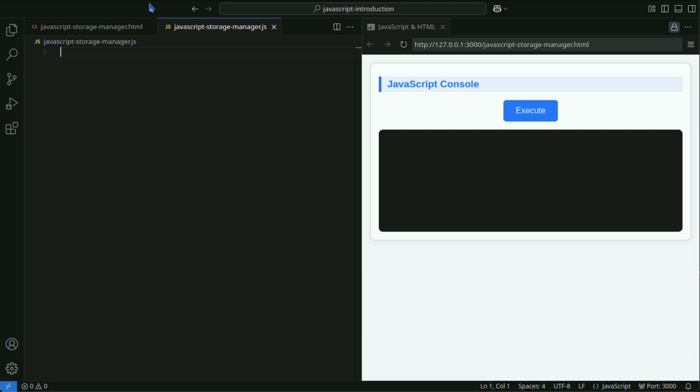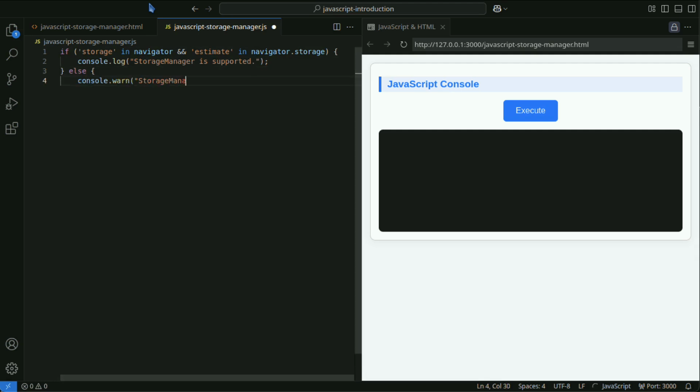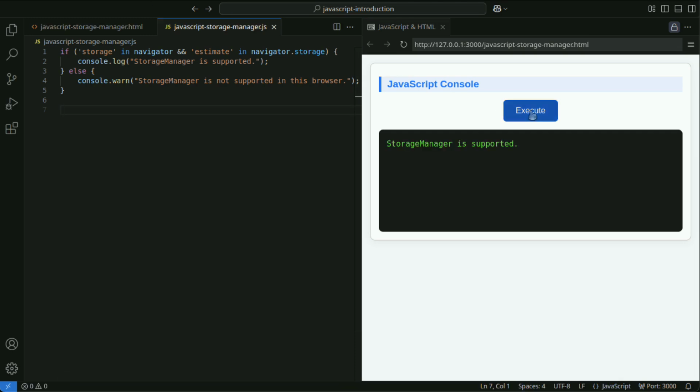First, check whether the browser supports Storage Manager. You can determine support by checking if the navigator.storage object exists and contains the estimate method.